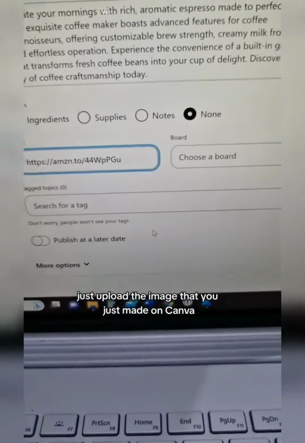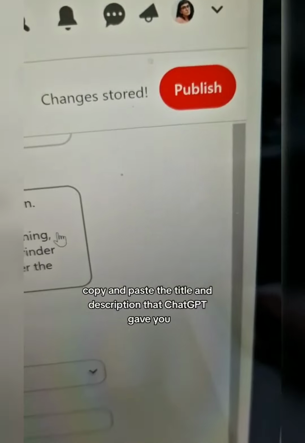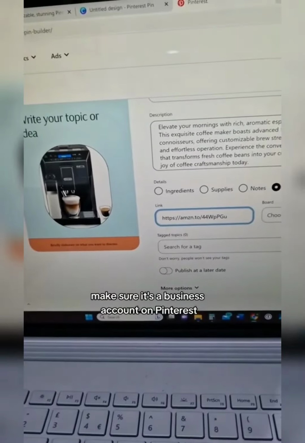Just upload the image that you just made on Canva, copy and paste the title and description that ChatGPT gave you, make sure it's a business account on Pinterest, hit publish,